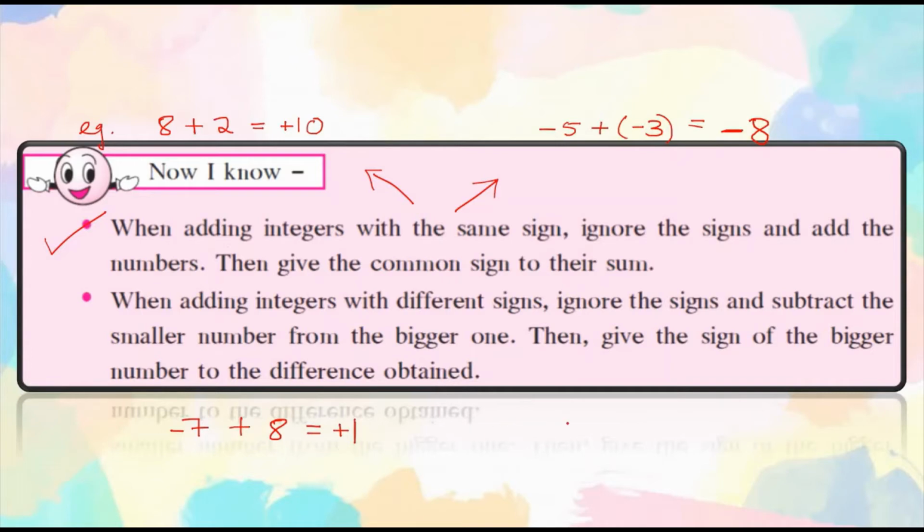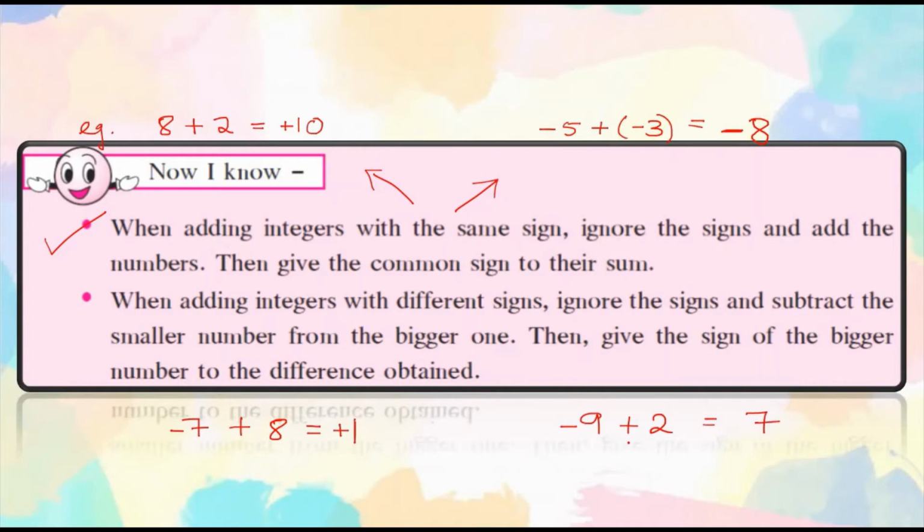One more example, let me tell you all. If my question is -9 plus 2. Then again, if you all observe, we have two opposite signs. So the first integer is having negative sign, second integer is having positive sign. Again, we are going to subtract. So 9 minus 2 is 7.